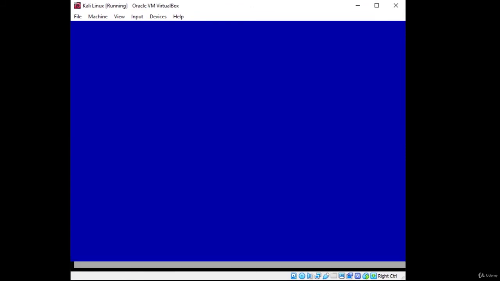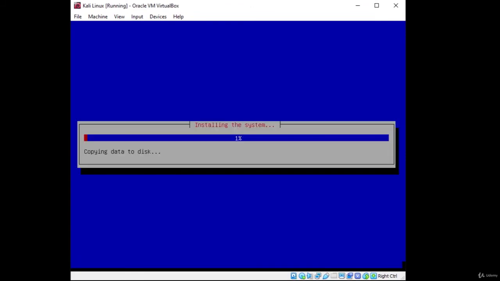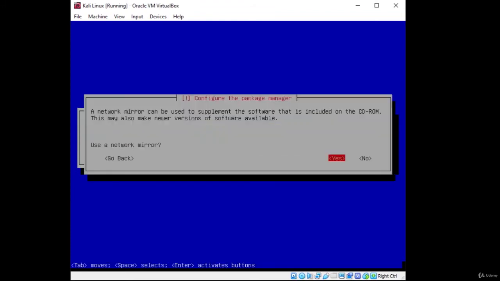Right now it should continue installing our system or our operating system, as it says right here. Now this might take some time. For example, it might take 30 to 40 minutes. Okay, so after around 15 minutes of installing the actual virtual machine, we come to our first question during the